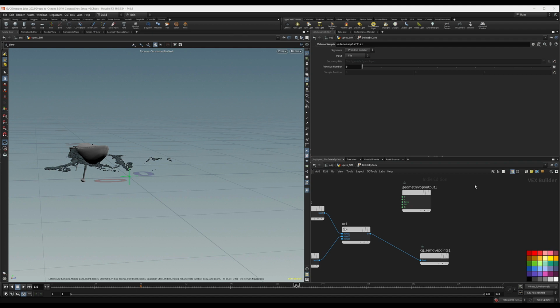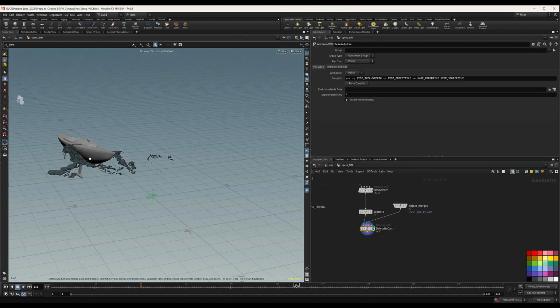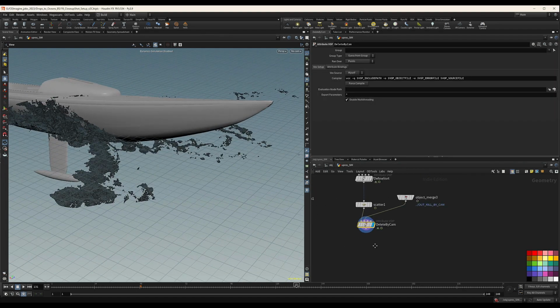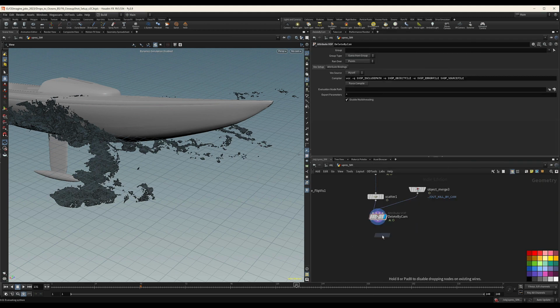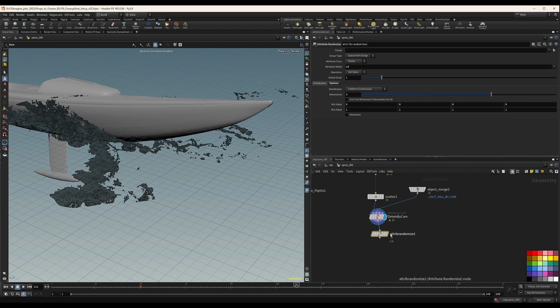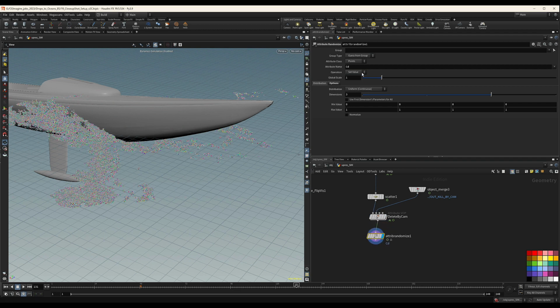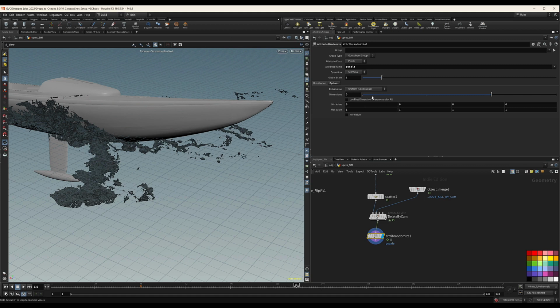So we need to do a couple of things. I want to randomize the p-scale. So let's do an attribute randomize, and the attribute that we want to randomize is the p-scale. So p-scale, and I want one dimension, and from